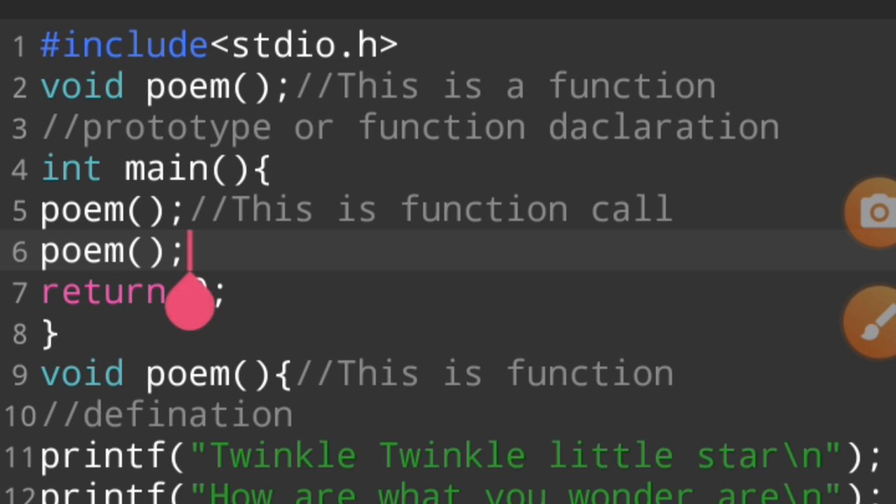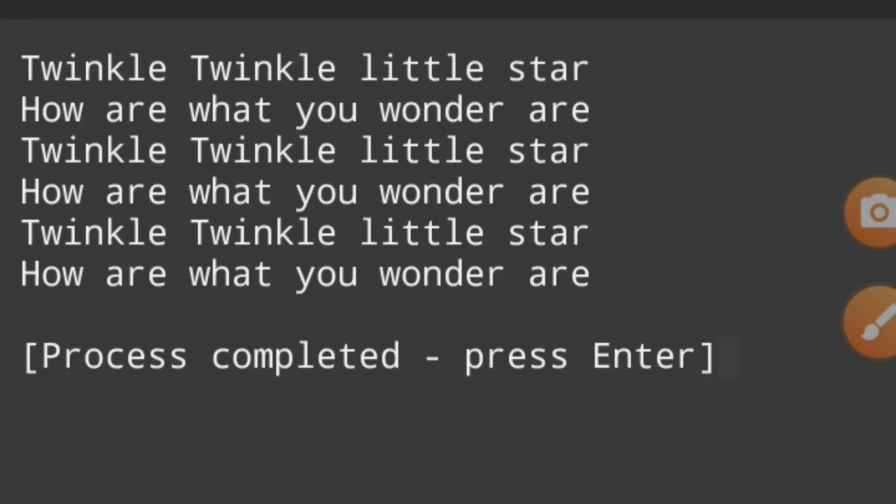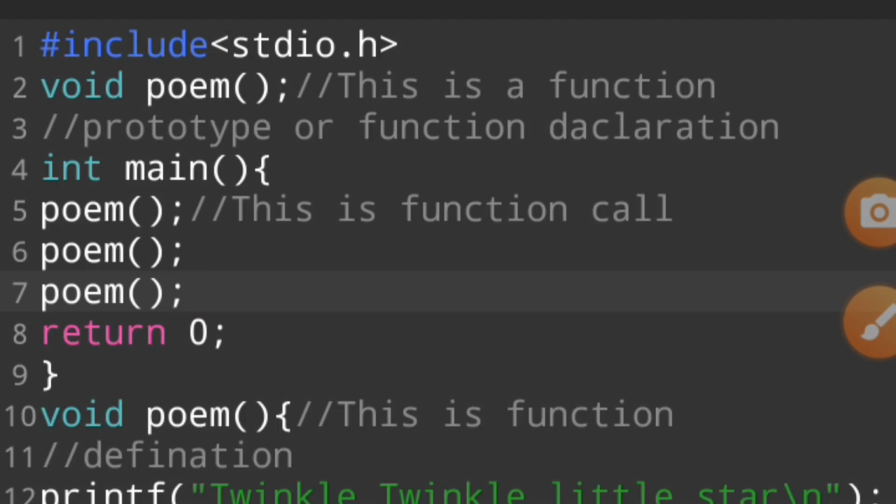If we call this function 3 times and run the program, the poem is printed 3 times.